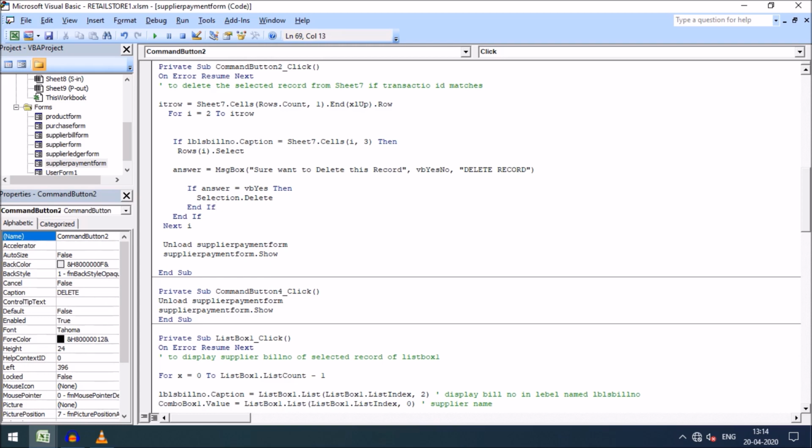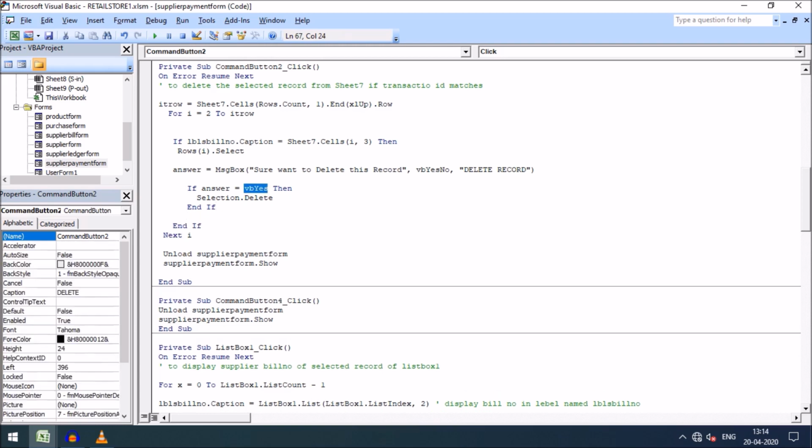If I press the vbYes button, then end if, this end if for closing this if, and next I have closed this for loop like this. So thus friends,